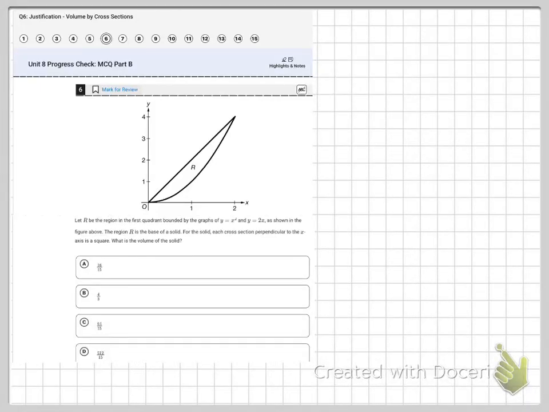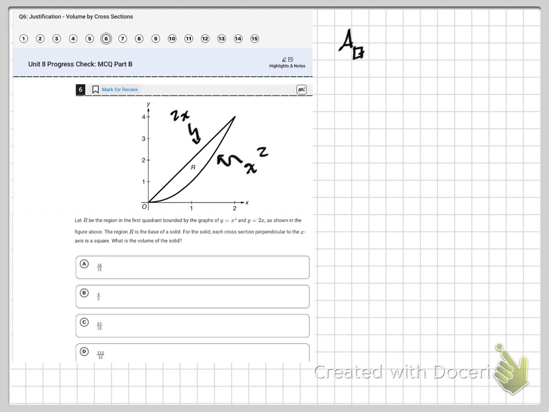I love volume by cross sections. Another one. R is this region up here. It's enclosed by the first quadrant and bounded by these two curves. I like to label the curves if you're able to. I know our test is going to be hybrid, which means it's digital, almost all of it. So you might not be able to label it, but you could always draw a quick little image for yourself